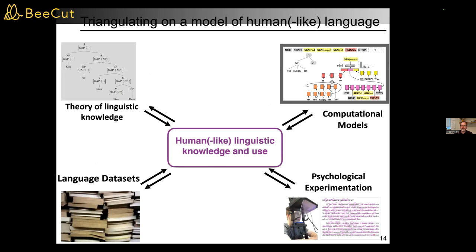And in a sense, this is all part of a broader enterprise of triangulating on a model of human or human-like language. We use traditional mathematical symbolic theories of language structure from generative linguistics, probabilistic and computational models from AI, machine learning, and statistics, psychological experimentation, like bringing people into the lab, having them read, monitoring their eye movements, also neuroscientific exploration. And then it's the era of large language data, of course. We now have data sets which are orders of magnitude larger than a human lifetime's worth of experience. And we can use that to train models, and also we can study the structures of language within.